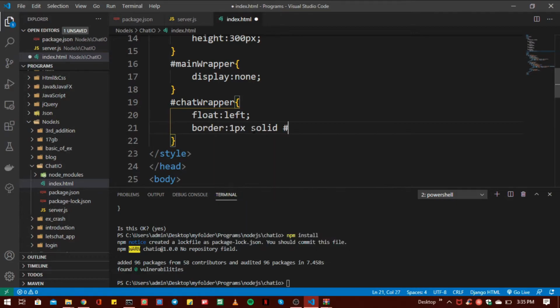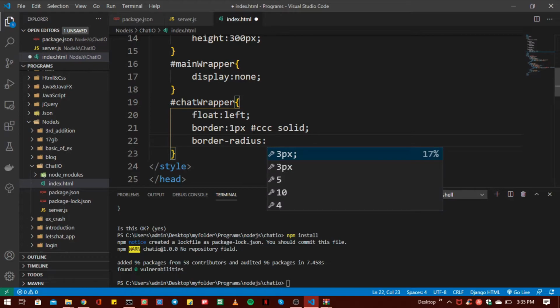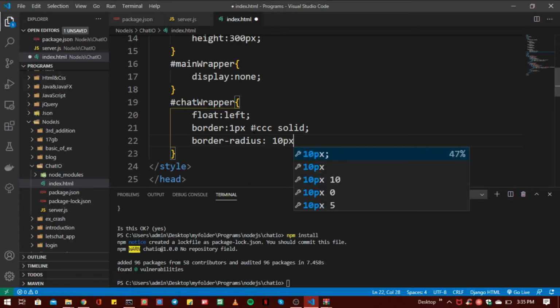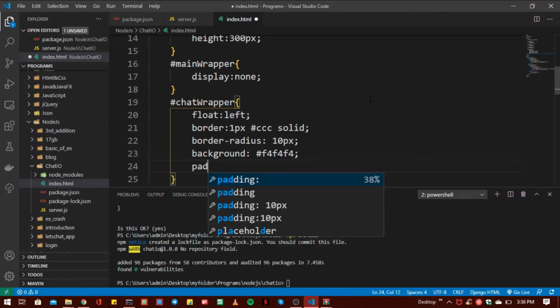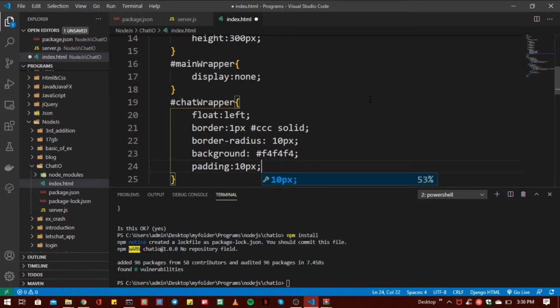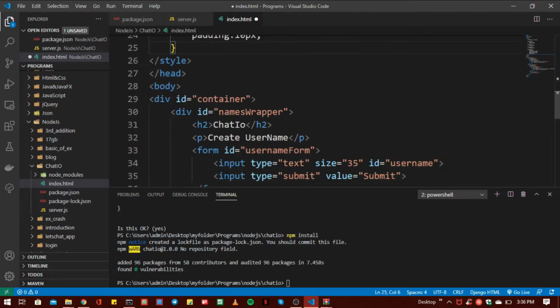This is 1 pixel and color is, then border radius 10, then background is like dark gray. So here F4F4F4, then padding is 10,